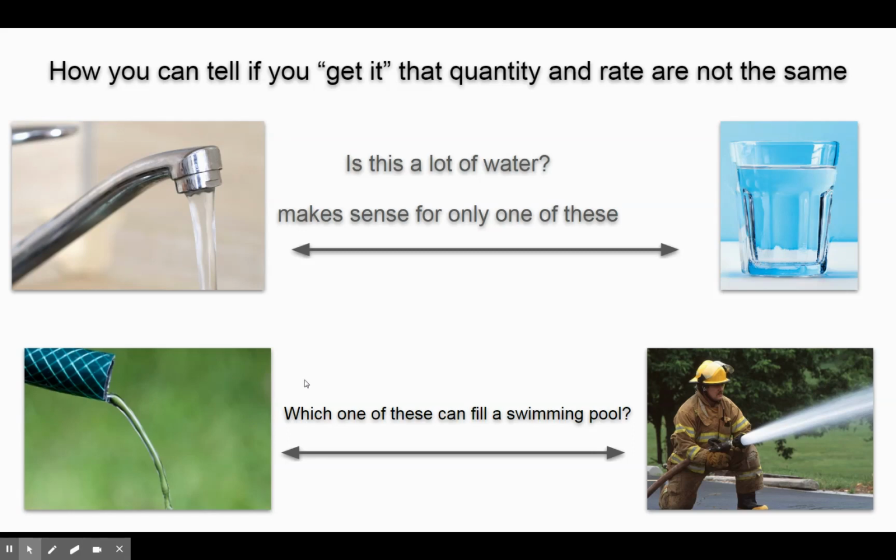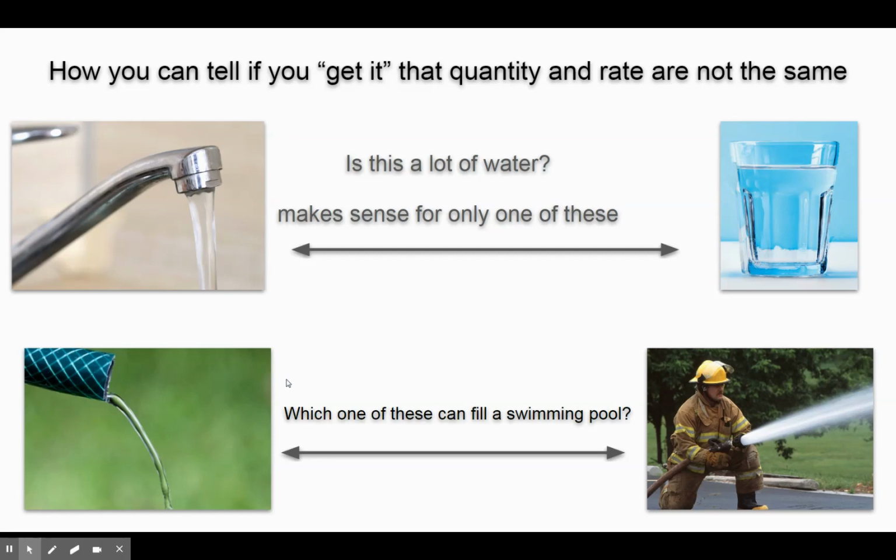Now, some students are smart enough to be dumb, and you would go, well, no, it'll never finish filling a swimming pool, it'll evaporate. Don't take the metaphor too far. The idea is, can you distinguish that a rate cannot be confused with a total? It makes no sense at all. But you will do it frequently as long as you write the rate as a watt.